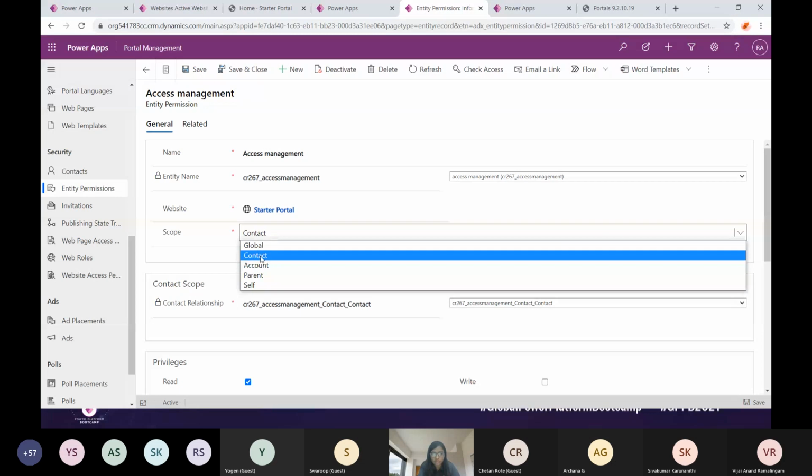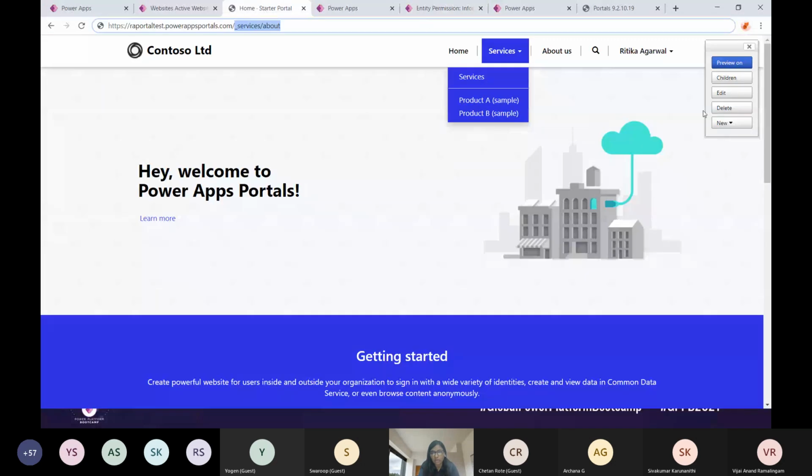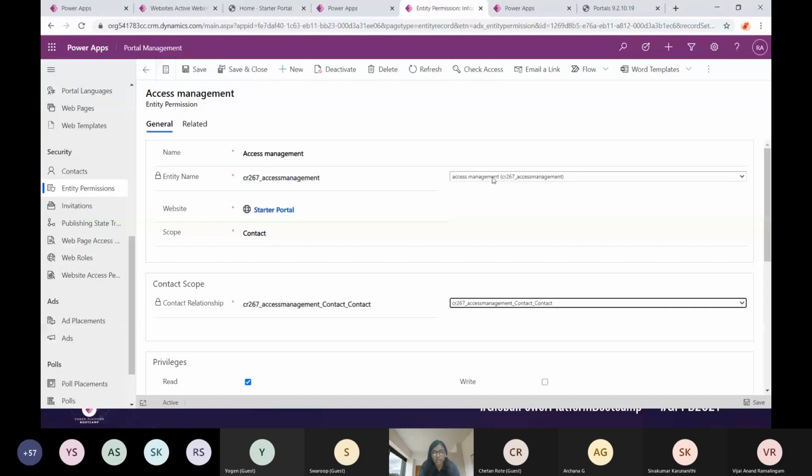Contact means that it will only show the records where this specific field, this is the relationship name here, is equal to the current logged in user. If I am logged in as Ritika Agarwal, then I'll be able to see the access management records where the contact is Ritika Agarwal. But let's say I logged in as person ABC.